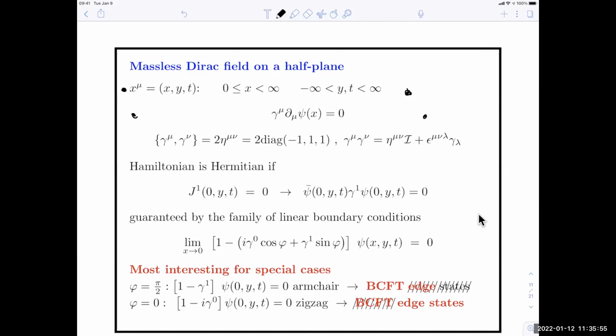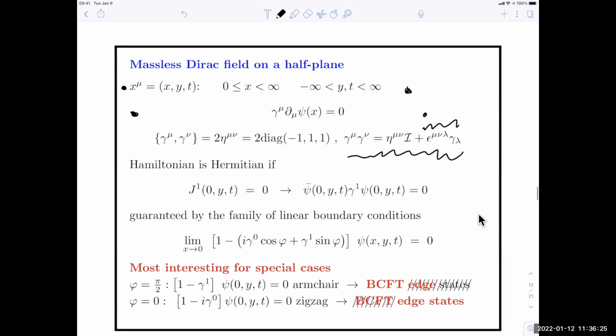Okay, so we have this Dirac equation. Some of the interesting stuff comes because the Dirac matrices are 2 by 2. So they obey this rather special identity, which is special to 3 space-time dimensions. This last term doesn't happen in any other dimension, and that actually does lead to something interesting.